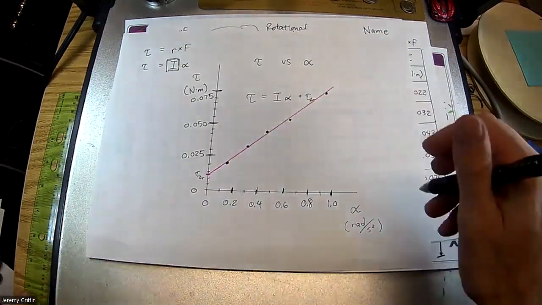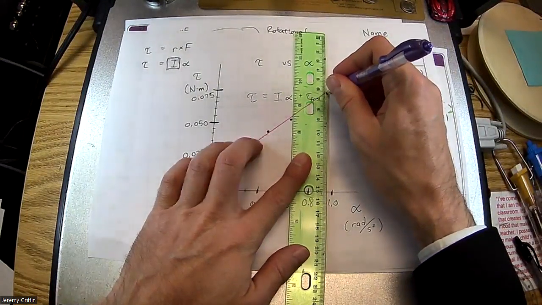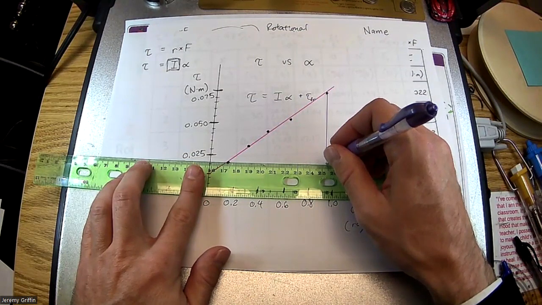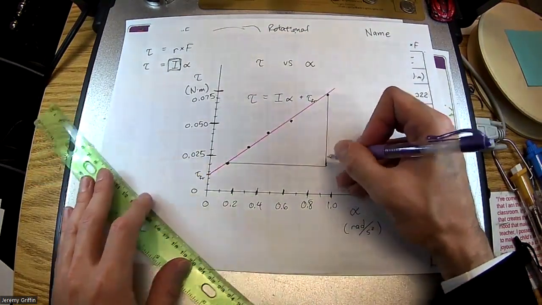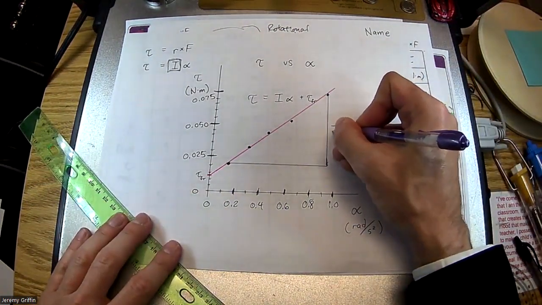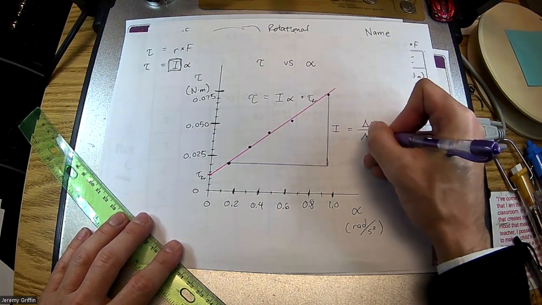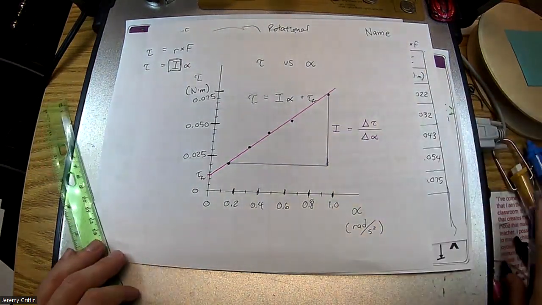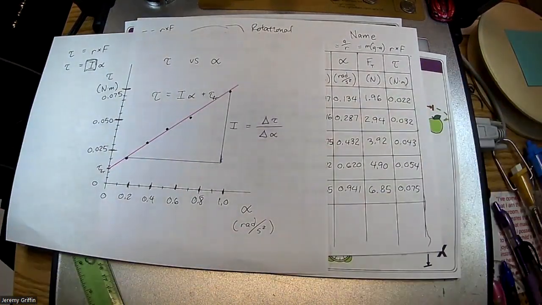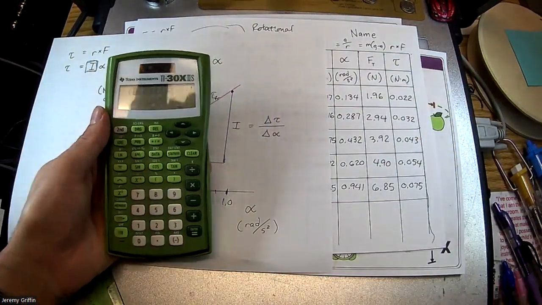Y equals mx plus b. So the slope of this line is the answer to the question, what's the rotational inertia? Let's do rise over run. If I pick the first point and the fifth point, it's pretty well on the line, I think that'll work, right? So could rotational inertia be the change in torque over the change in angular acceleration? Okay. So here, I'll use these two right here. The change in torque is, I'll spell this out,